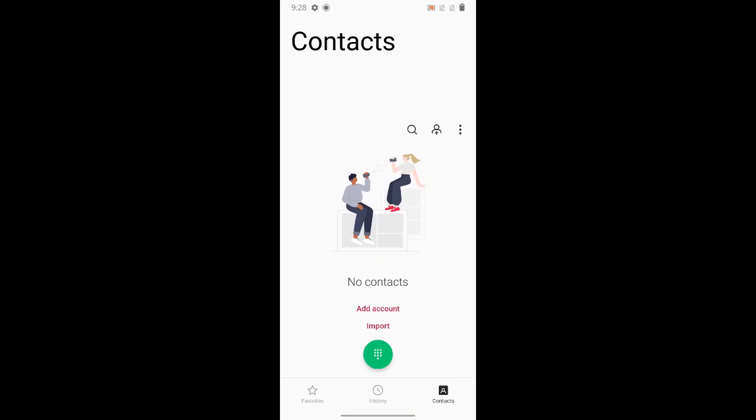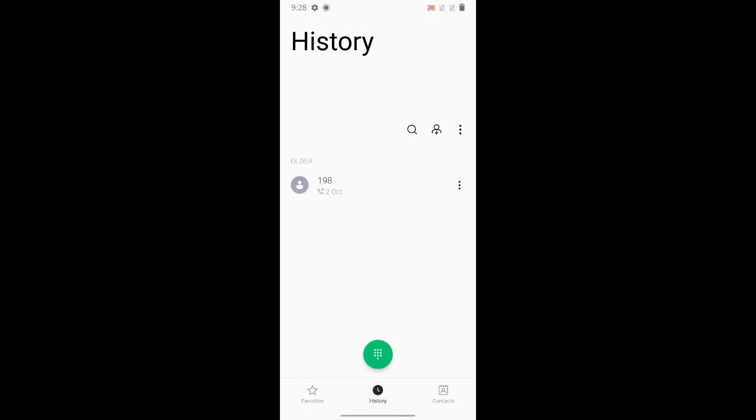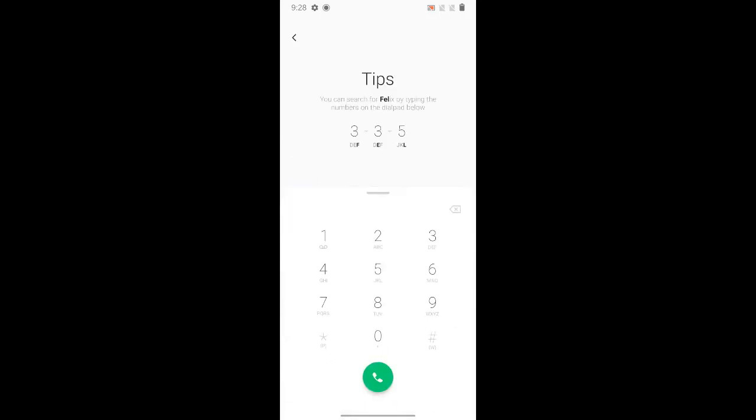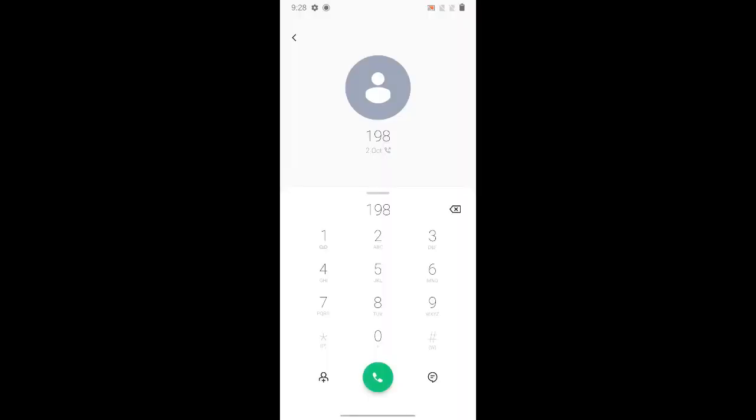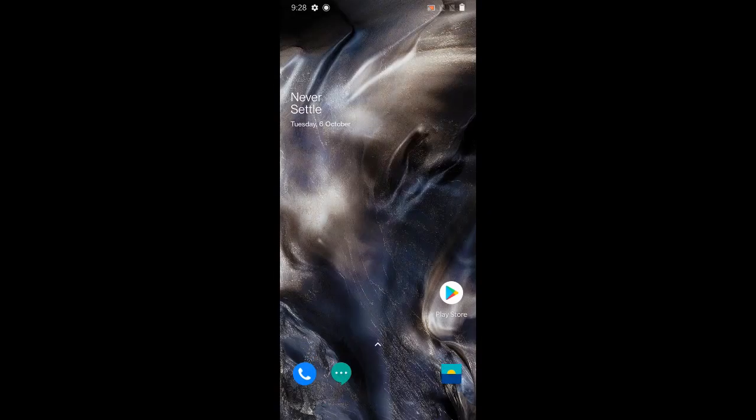As you can see, the contacts app is updated to the Android 11 version. Yes, many of the apps have been updated to Android 11 in this ROM. That's a great thing. Call history is also great. I have not inserted the SIM, but you can see the call dialer options. It's looking good. Moving forward, you can also see the messaging app here.